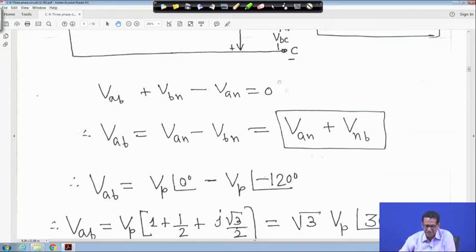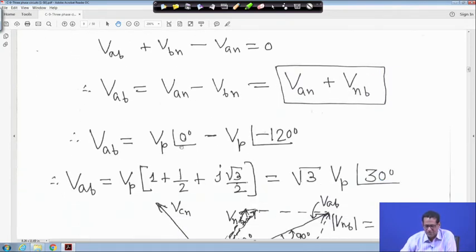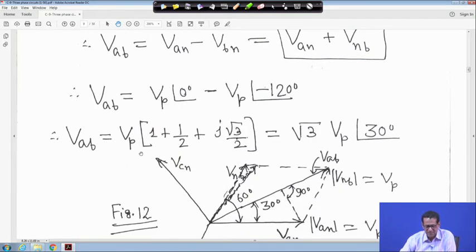Now my VAN is equal to VP angle 0 degree, minus VBN, which is minus VP angle minus 120. We are substituting it. If you do so, VAB will be VP times, 1 for angle 0 meaning cos 0, minus of cos 120 minus j sin 120, right. It will become 1 plus half plus j root 3 by 2, and if you simplify it, it will become root 3 into VP angle 30 degree, right. So VAB is equal to root 3 into VP, where VP is the phase voltage and A to B is the line voltage. So line voltage is equal to root 3 times phase